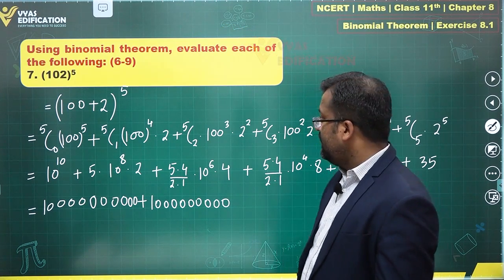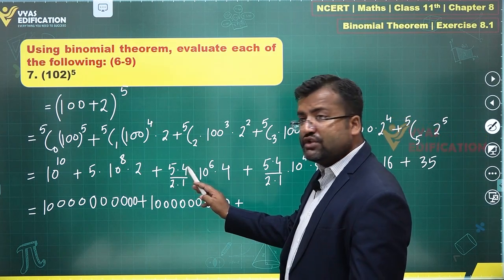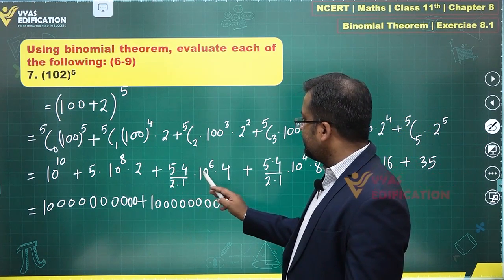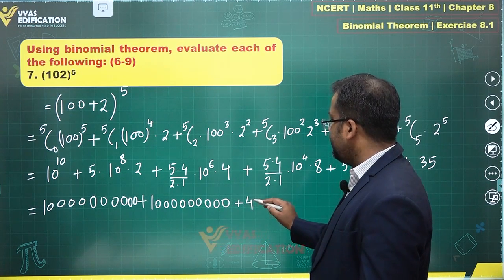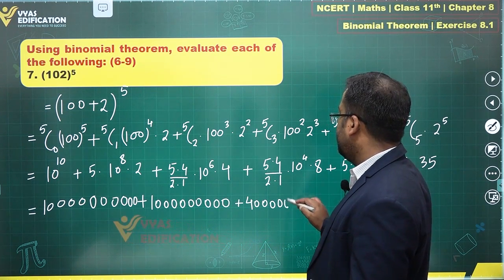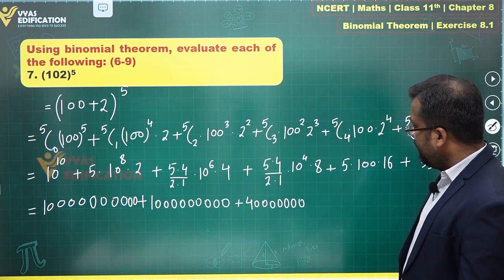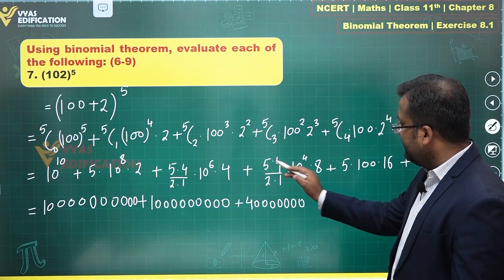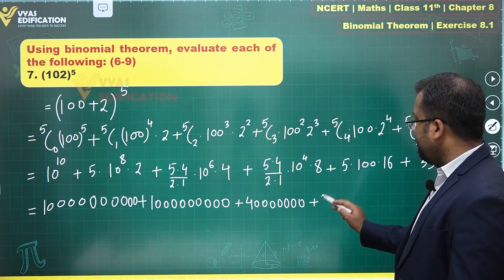So this is basically 1 followed by 9 zeros. This is what you have. Plus, what next? So this is 5 times 4, which is 20, by 2 is 10. This becomes 10 power 7. Okay, and there's a 4, so 4 will be followed by 7 zeros. This is what you get. Next, what you have over here is, this is again 10. 10 times 10 power 4 is 10 power 5. We have a 8, so 8 will be followed by 5